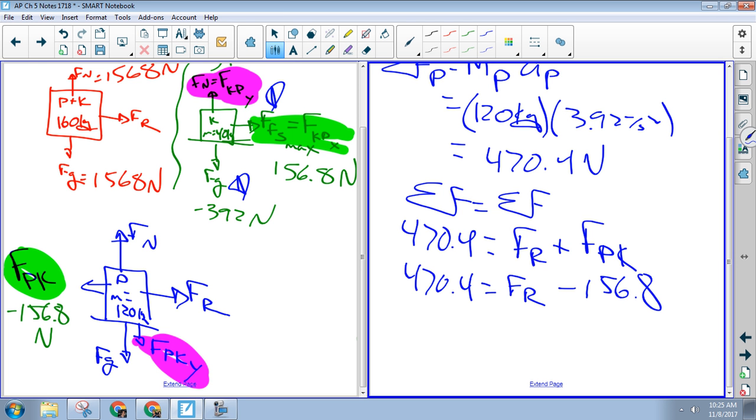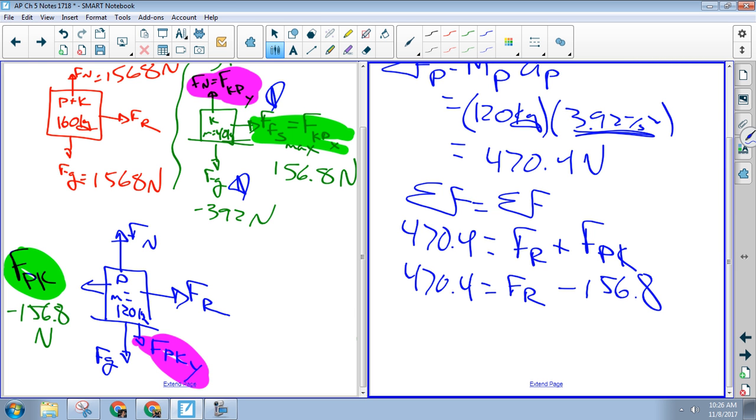Okay, and so what I'm trying to show you here is Roy actually has to push harder than he would if the kittens weren't there, because the kittens are pushing back, which I think is what was messing you up a little bit, right? Yep. So Roy, in order to get this acceleration,